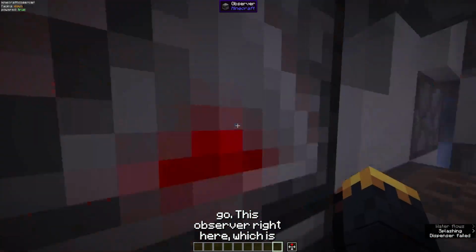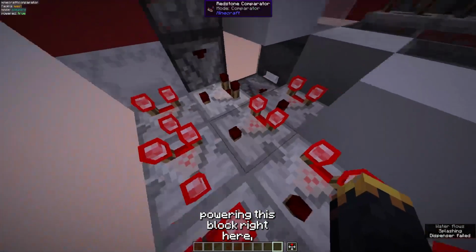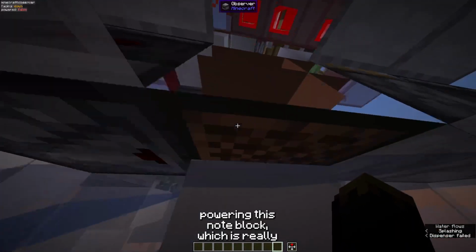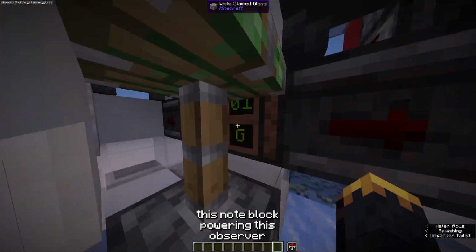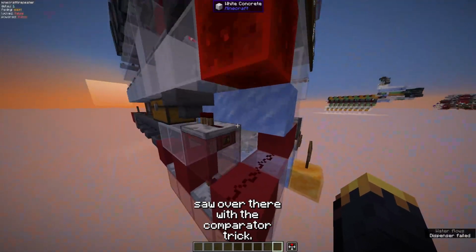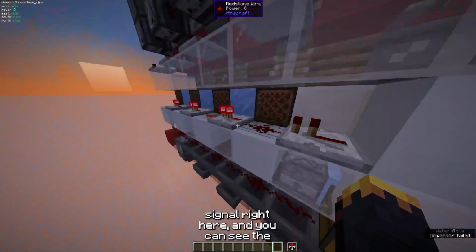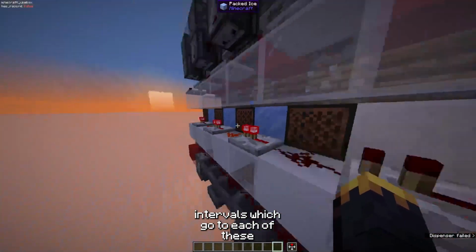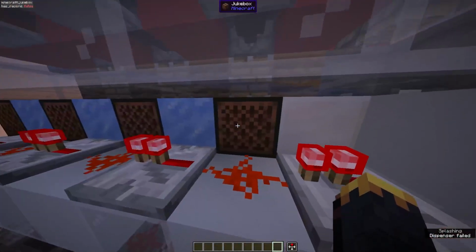This observer right here, which is going to this line right here, is powering this block right here, powering this note block, which is really buggy with the perspective, but goes to this note block, powering this observer right here, which does the same thing we saw over there with the comparator trick. So it's basically turning on and off this signal right here, and you can see the intervals which go to each of these jukeboxes actually, which is quite expensive, but